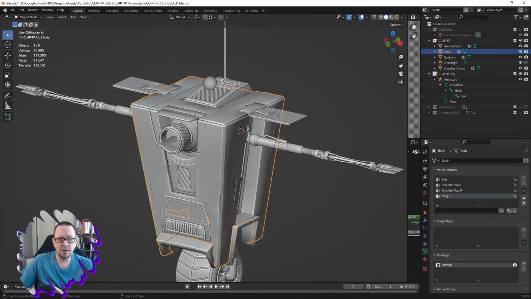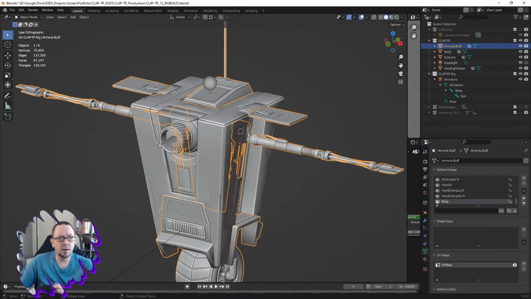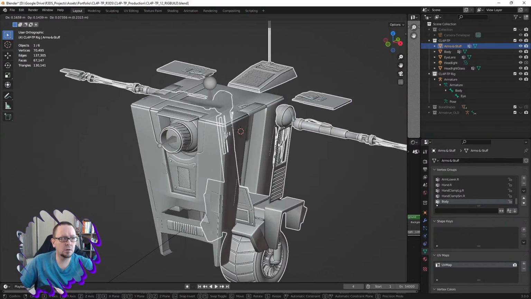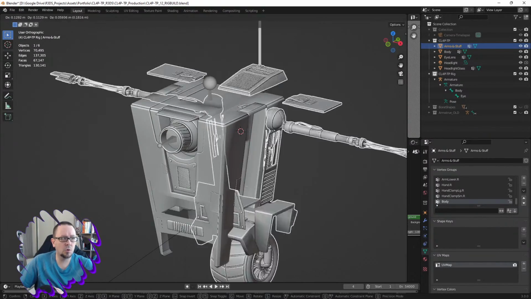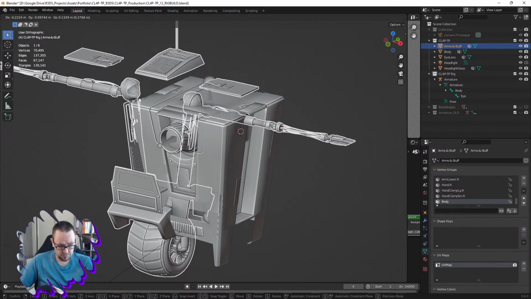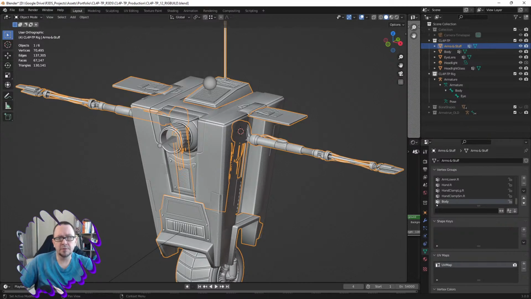And since not all of this whole object is going to be manipulated, just the arms and the wheel, I have to